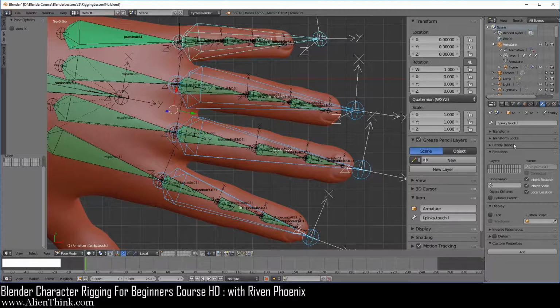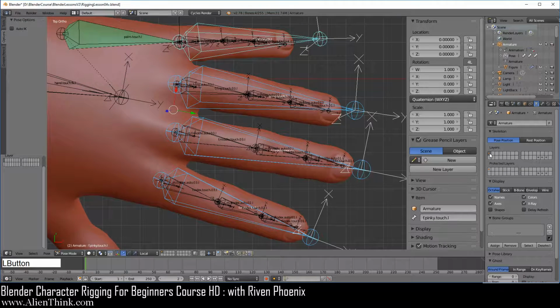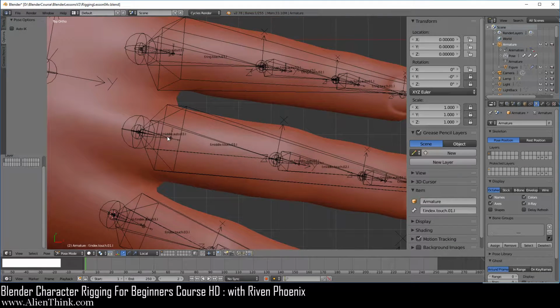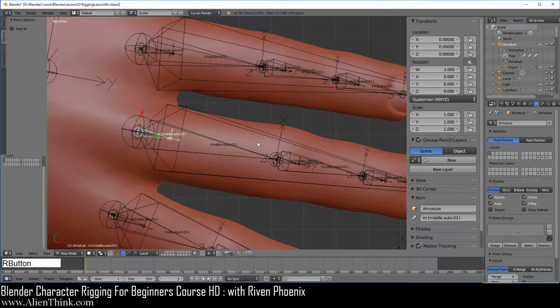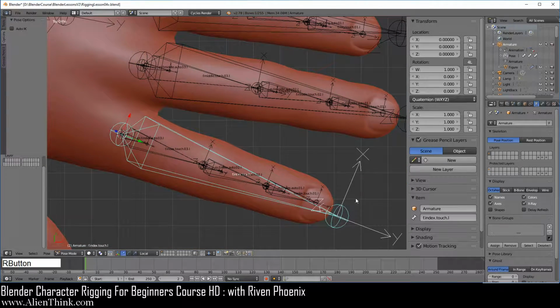Okay. So now if we go to the data tab and just enable the touch bone layer, what we should have are these touch bones, and of course these non-deformed bones, which are the parents of these bones. So here what we want to do is let the user scale and rotate this bone. So first we're going to lock the location, and we simply want to match the rotation mode that we had